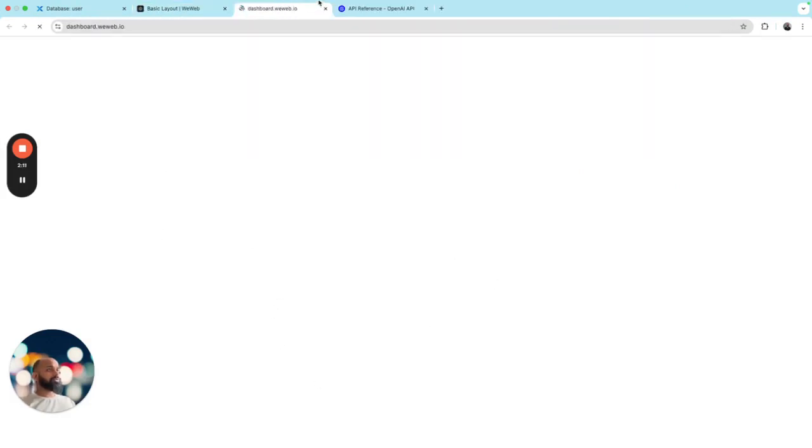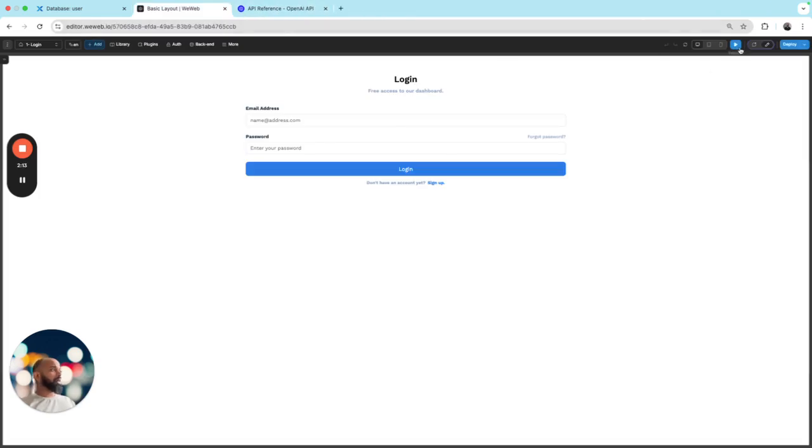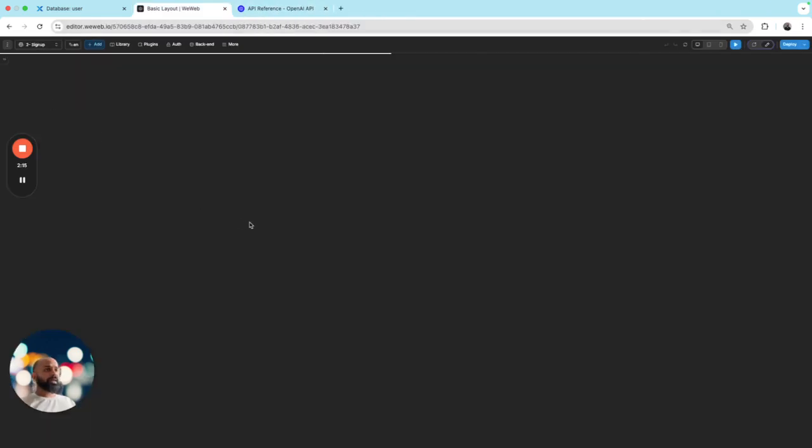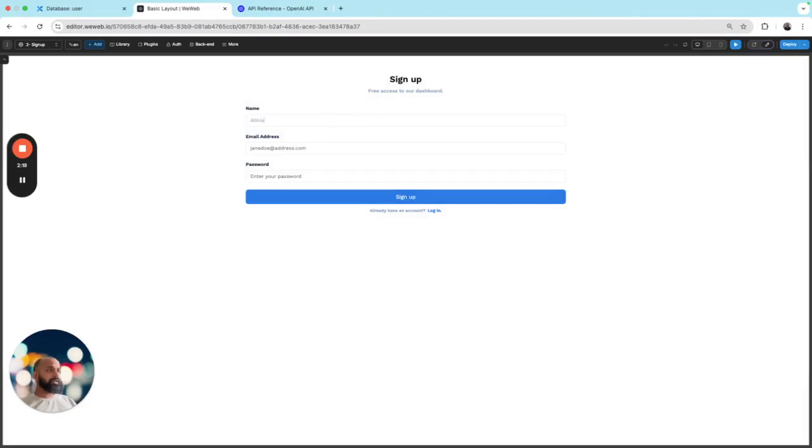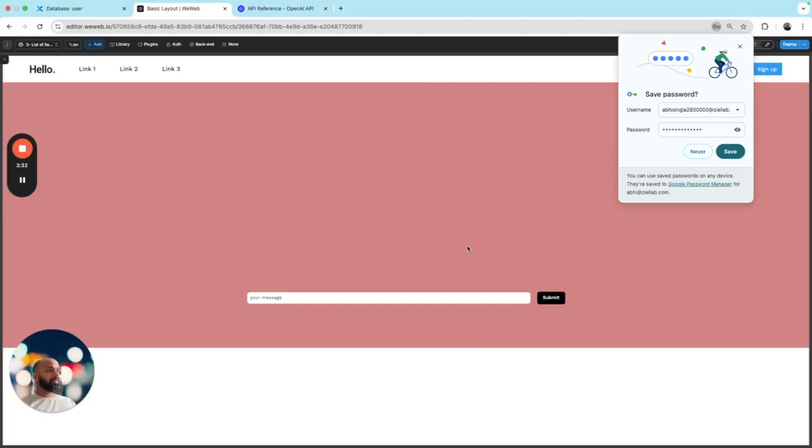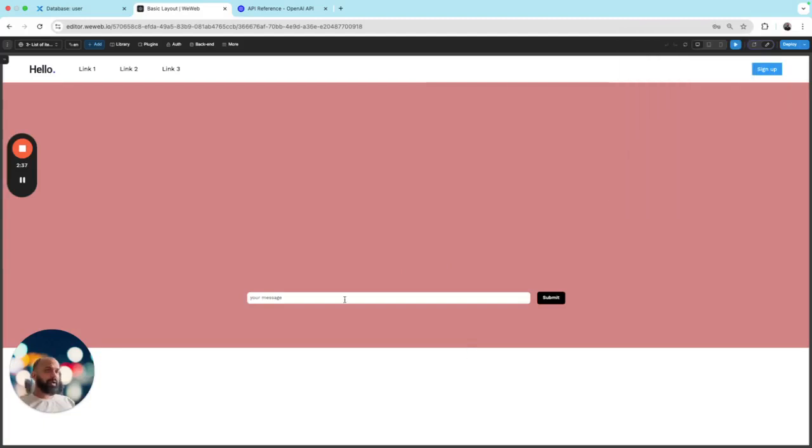This is the dashboard for an application that I built. I'm going to go into the sign up page, and I can create a new account here. I will give it a name. I will choose any random email address, and I will have a password, a fairly simple one, and I'm going to click sign up. And this is where I land after I can talk to OpenAI using this form that I have on